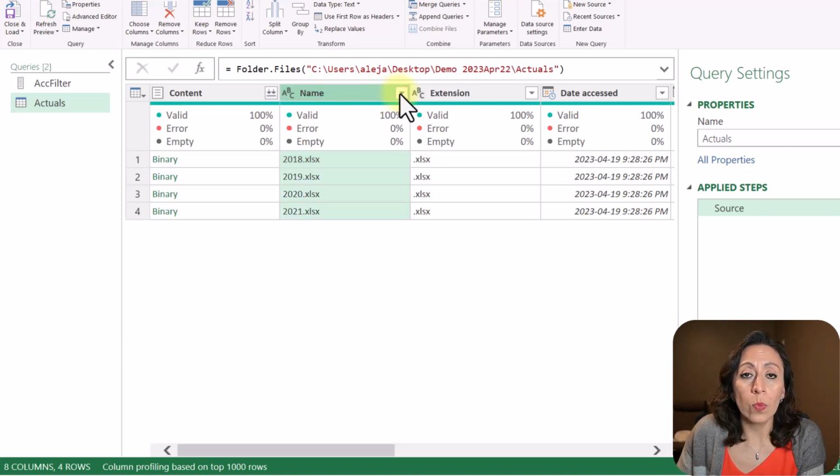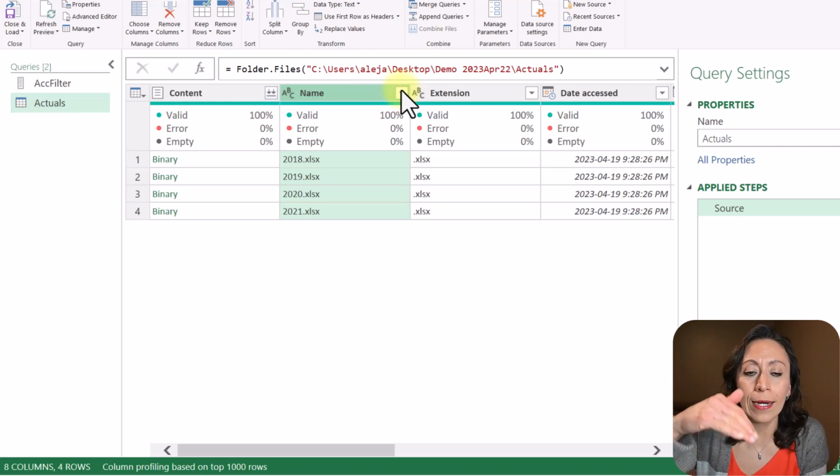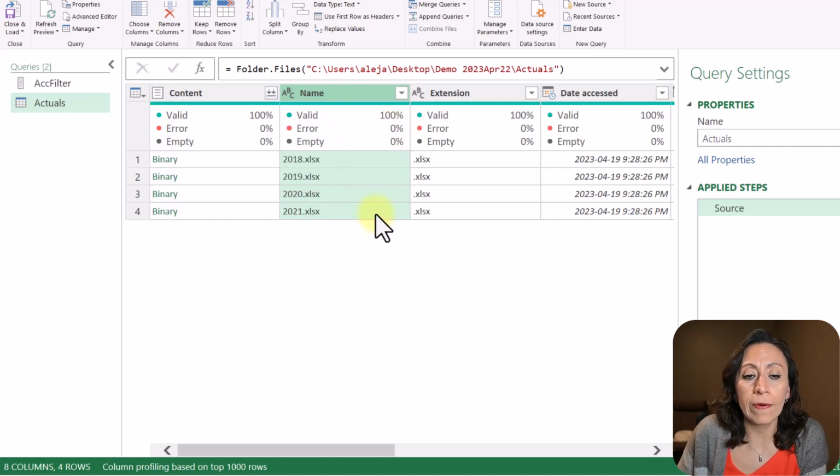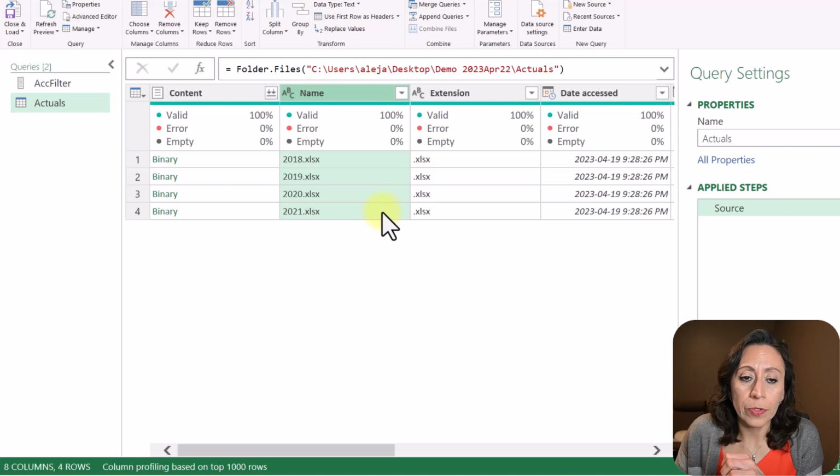And let's say that we don't want the files that start with the tilde at the beginning or in front of the name of the file, that will bring open files. So in this case, we closed all the files, but if we had one open, we would have that file as an additional line here with the tilde and the dollar sign in front of the name of the file.